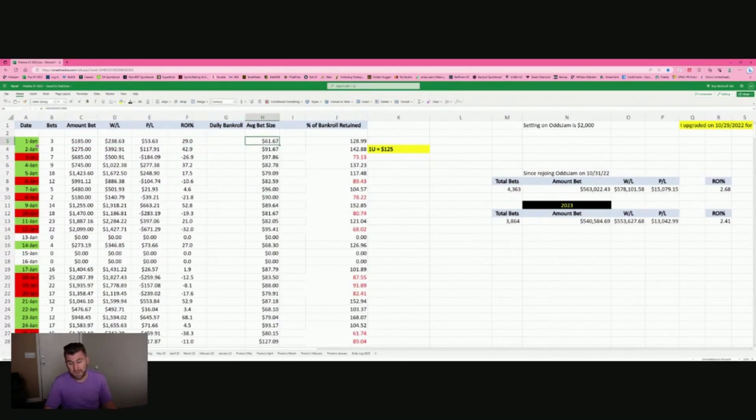And the one thing that I've added in column J, it's one of my favorite things, is the percentage of bankroll retained. So it's a little easier to describe this on a losing day than it is on a winning day. So for instance, on January 3rd, I placed 7 bets, right? The total amount of money that I bet that day was $685. I brought back 73% of my bankroll that day. So I had a losing day, but 73.13% of 685 is $500.91. So why I like column J so much is, as you can see, on the days that are in